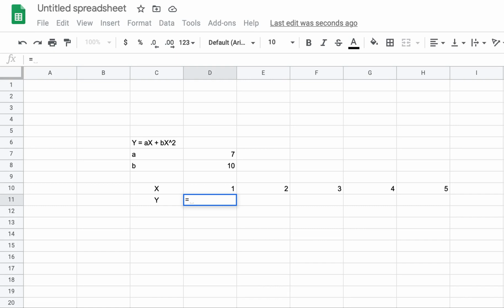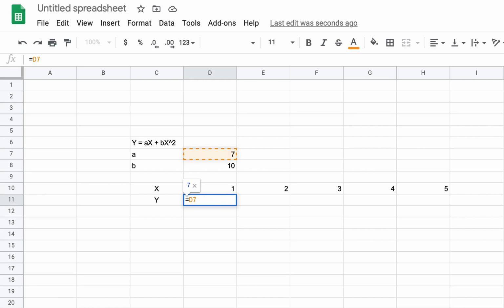Where is a? A is in cell number D7, column D, row 7. So I say okay, D7 is a. Now I can't write x directly. Ax actually means a multiplied by x. So you have to put the multiplication operator. You can't just write after this x is in D10. So you can't write like this, right? Immediately you will see that the color has changed because Excel cannot make sense of it. When it is making sense of it, it is making it slightly pink. It is telling you also, okay, you mean this. But the moment you do this, Excel is saying, I don't know what you mean.